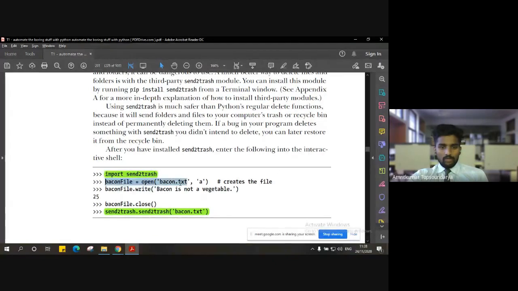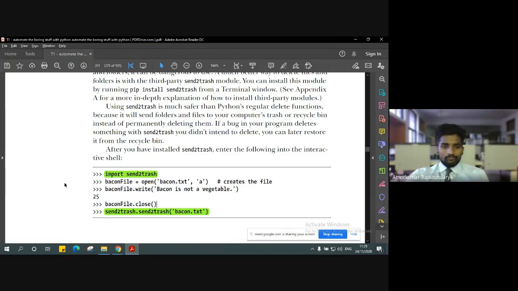So first we import that module, send2trash, and then let's say we have a file, bacon, which is a newly created file, with a few statements added into it, and it is closed in the end. Hope you remember these previous steps: opening a document, reading it, writing some content inside it, and then closing the document to free up space.